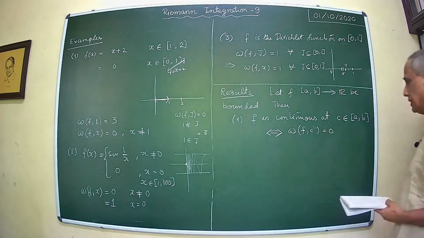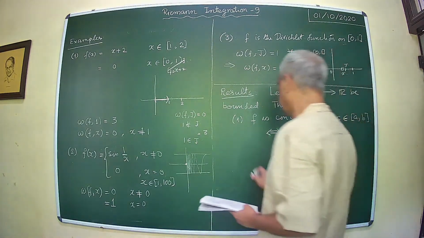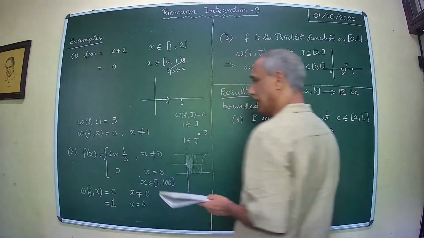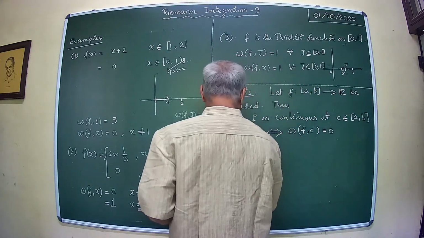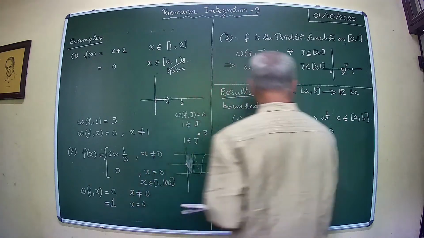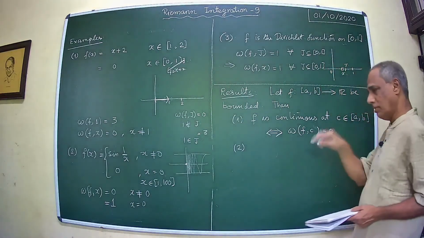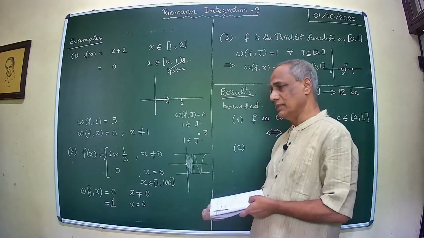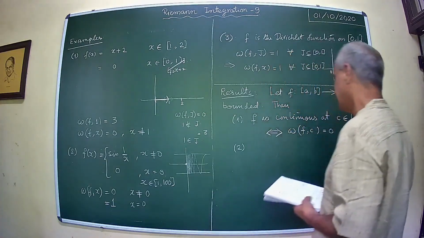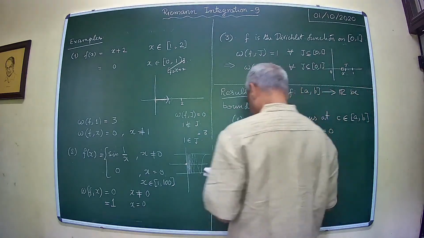That's a nice characterization in terms of the oscillation, or if you analyze this, you will see that it's just a rewording of continuity. That's why you look at the oscillation at a point, then you can easily decide whether it is continuous or not. 2. Let